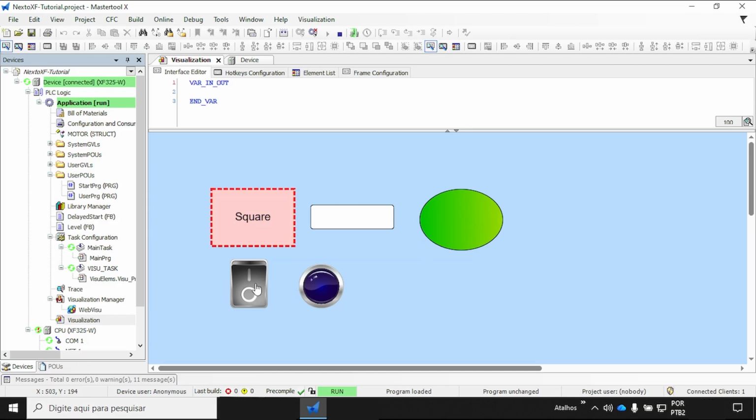One very important point to remember is that if this output is also being controlled by the logic in the ladder program, such as the user PRG, the PLC logic always has priority. In other words, even if the visualization attempts to change the output state, the final value will be determined by the program logic executing inside the controller. So if the ladder logic forces the output off, the visualization cannot keep it on.